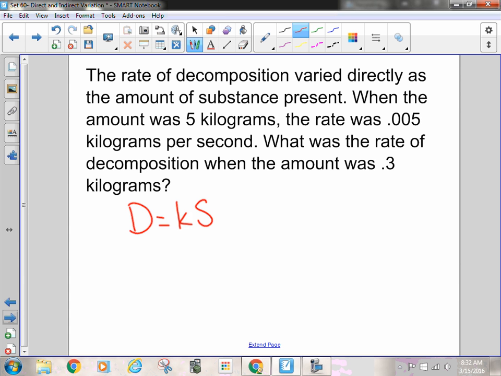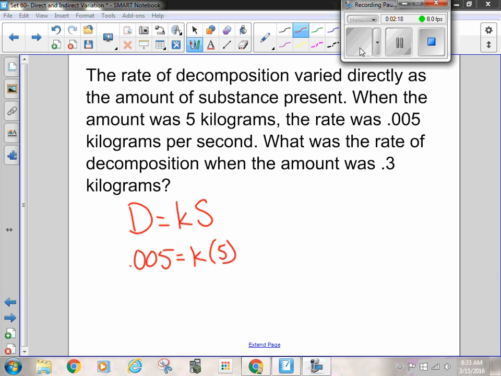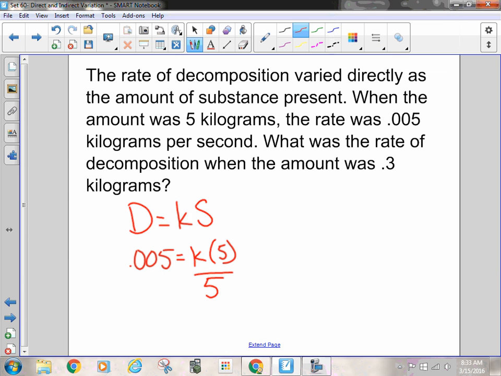Okay, when the amount was 5 kilograms, the rate was 0.005 kilograms per second. Okay, so the rate was 0.005 of decomposition, and we need to find our K, and the substance present was our 5. Okay, so we are going to go ahead and divide both sides by 5. So my K equals